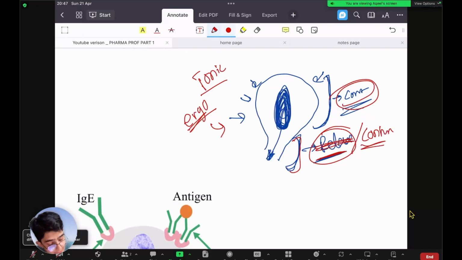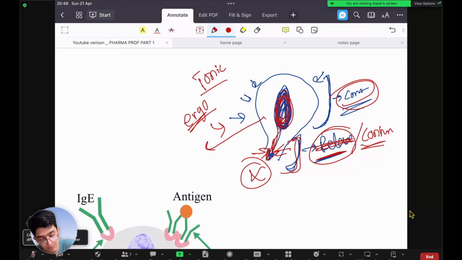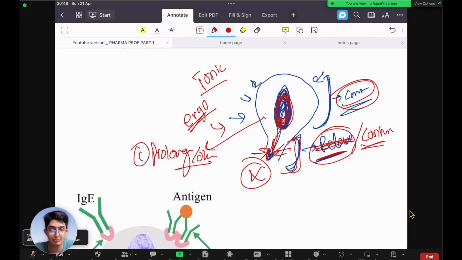So if the cervix is also contracted, will the fetus get any space to go out? Yes, the fundus and the body are pushing, but the cervix is not relaxed, it's also contracted because we gave ergometrine. So will the fetus go out? No, because it does not have any space to go out. So this will lead to a couple of very bad things. One is prolonged or obstructed labor. The labor process does not proceed forward, the baby can't go out, so it prolongs the labor process, and it can also lead to fetal